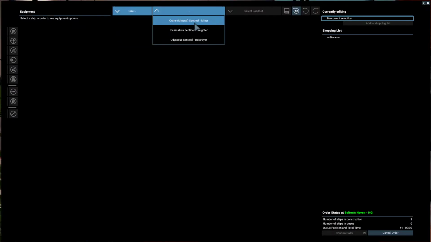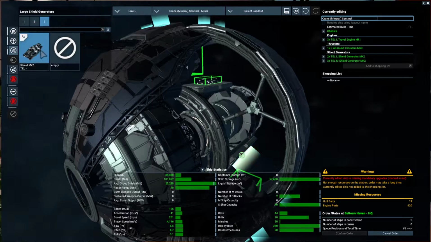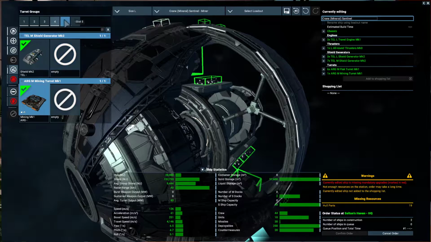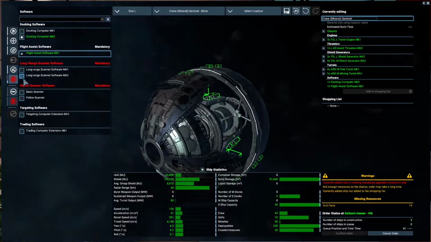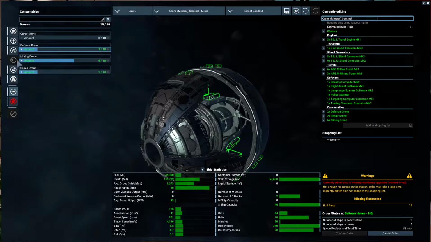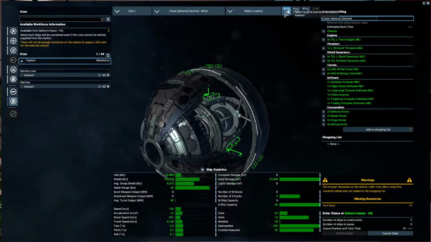Weapons and weapons. More weapons, and this is going to be a mining one. And there we are. Software, the best of the best. Consumables. Need at least like 6 mining drones. Let's get 2 repair drones and maybe a couple of defense drones. Like that. And of course, the captain. This is going to be our big...